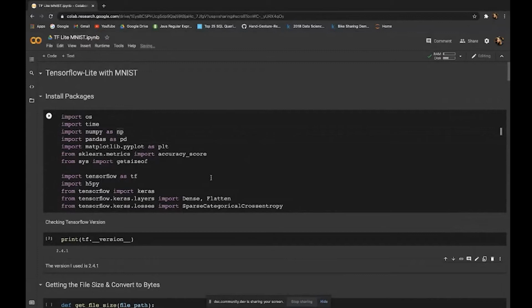After running this cell, let's import the dataset. For this activity, I'll be choosing the famous Fashion MNIST dataset. The dataset has 70,000 grayscale images, which are divided into 10 categories.